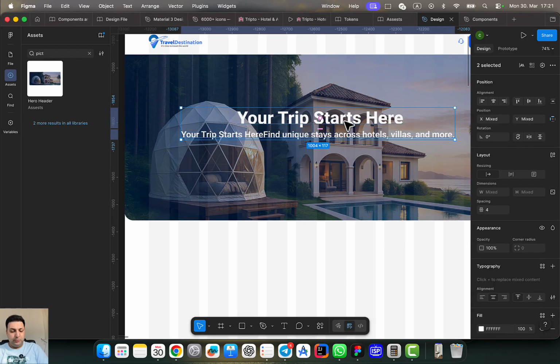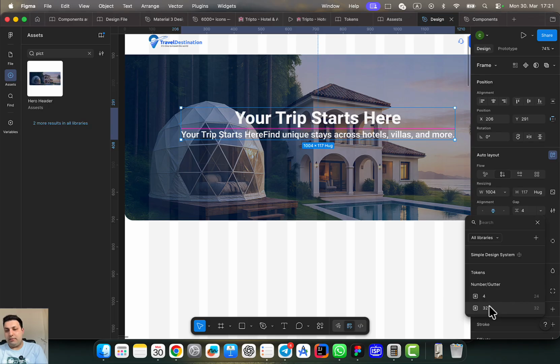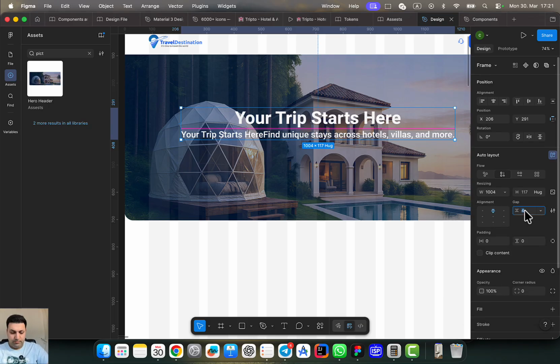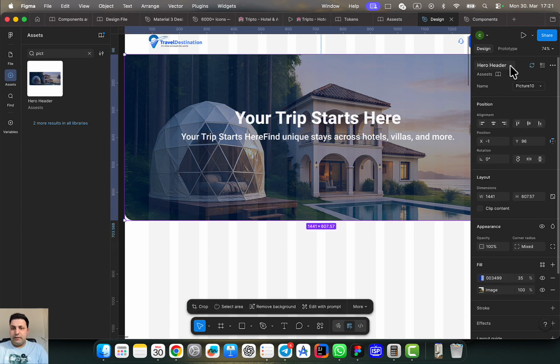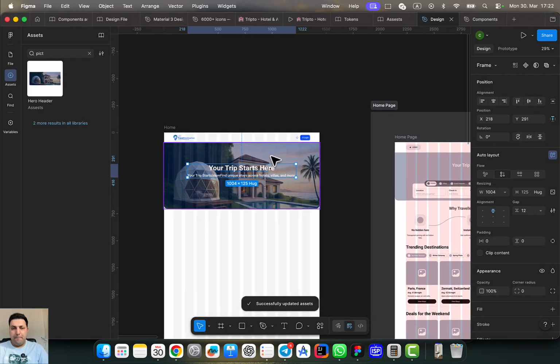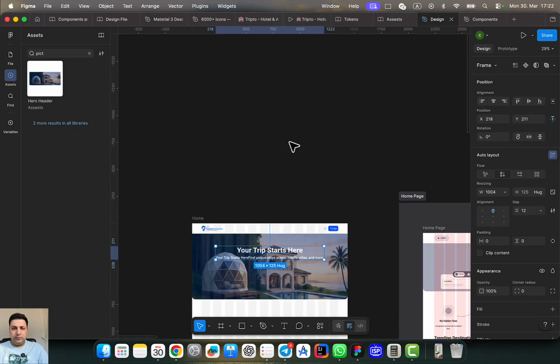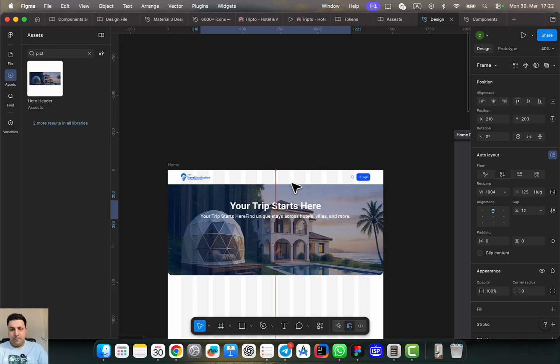And select both of them, Shift A, auto layout, and the gap between them you can also apply from the variables, guys. You can add some things as a gap and use it. Everything is okay. 12, put it in the middle. Yeah, from the top. Let's bring it 80